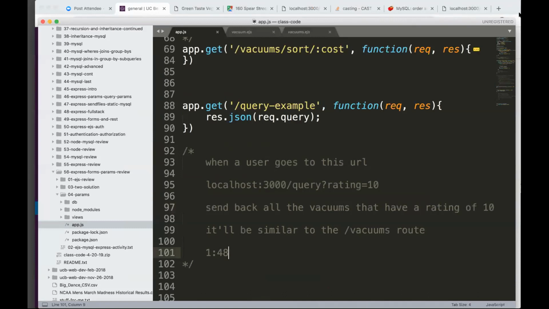There's three things that I think. Change it to